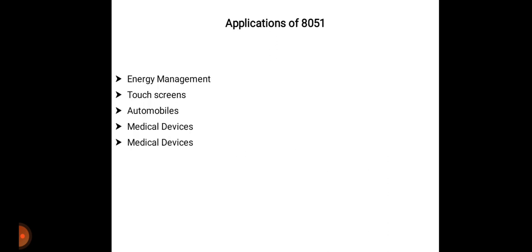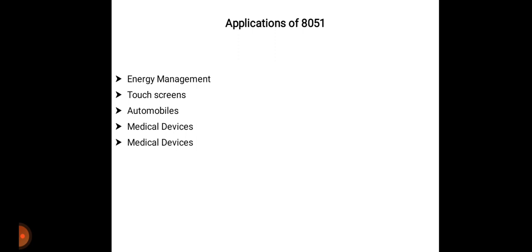Then next we will see the applications of the 8051 microcontroller. The 8051 applications include a large number of machines, principally because it is simple to incorporate in a project or to assemble a machine around it.